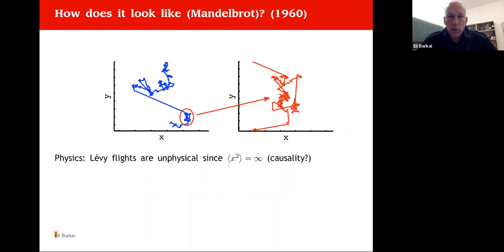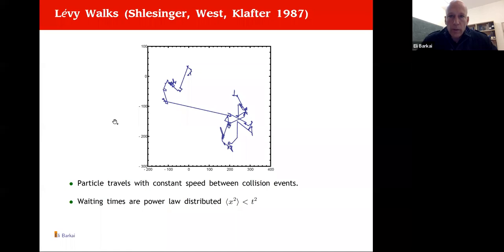And that's why when we first saw these fractional space derivatives in diffusion equations, we kind of thought, no, this is impossible, because if you have a long jump, it will take much longer than a short jump. Very simple physics. So in this context, already in 1987, Schlesinger, West, and Klafter designed a very famous framework